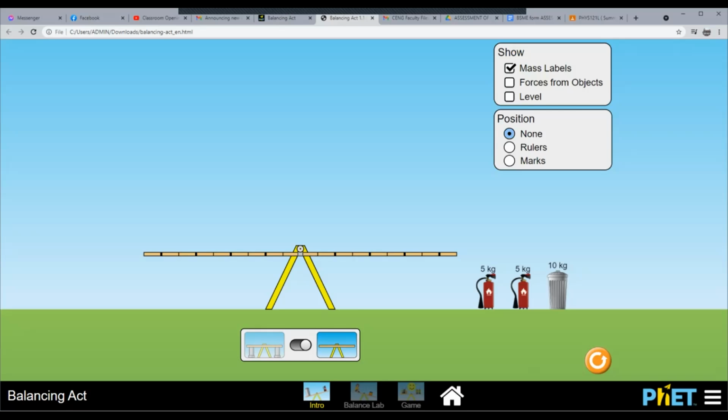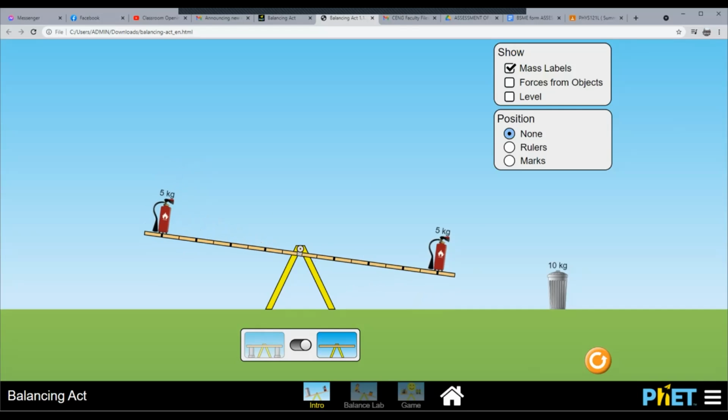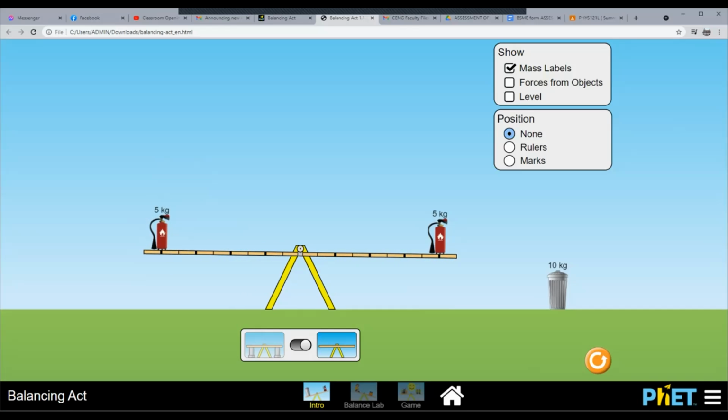If we apply force on both ends or any portion along the fulcrum, say for example, you place here 5 kilogram, you would notice that this portion moved upward. So let's say we put another 5 kilonewton on the opposite side, you would notice that the fulcrum balanced. So that is